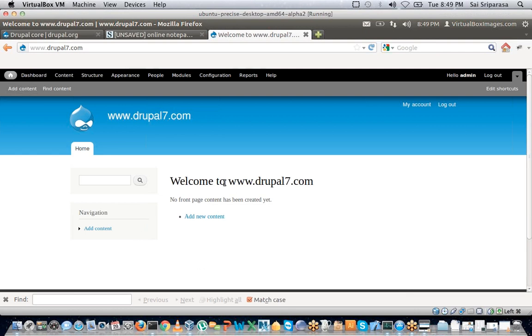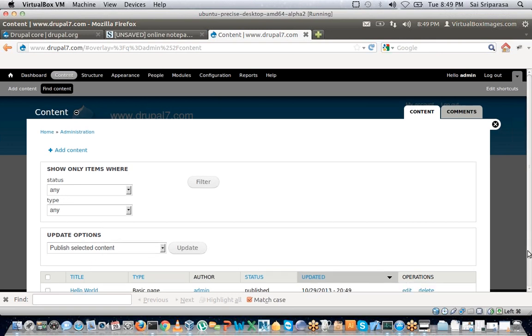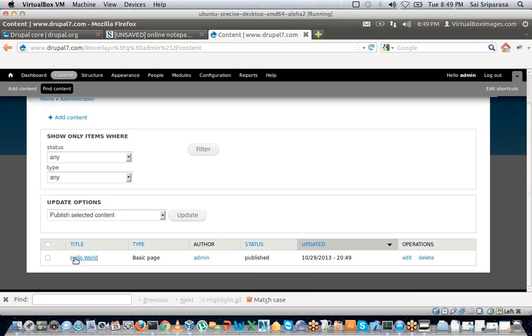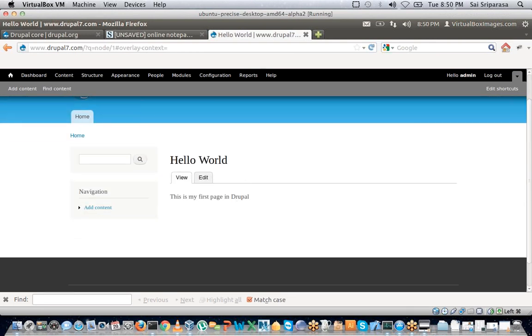So we'll look at the reason why content is not showing up on this page, but technically content should have been there. But never mind, if the content is not there, we already have a find content tab which would take us to our hello world page. So this is that simple. It says hello world. You also have a title. The meta tag says hello world, and all you will say is this is the information that you gave in.